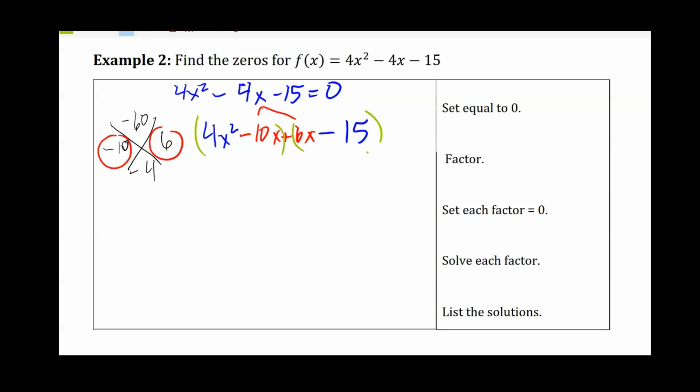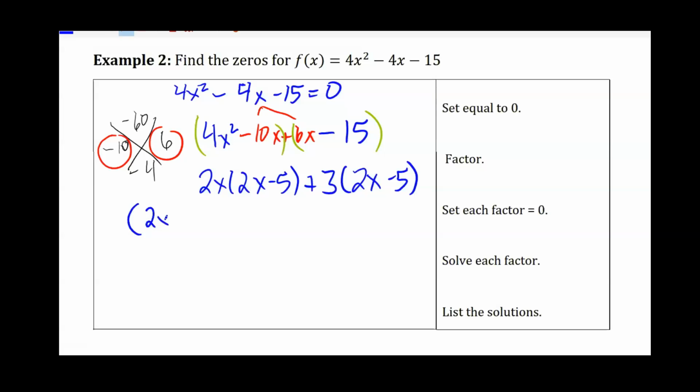Let's see, 2x, 2x minus 5 left over, and 3 pulls out of that. So GCF 2x minus 5 pulled over. All right, so now I've basically got my factors. So now my factor set is 2x minus 5,